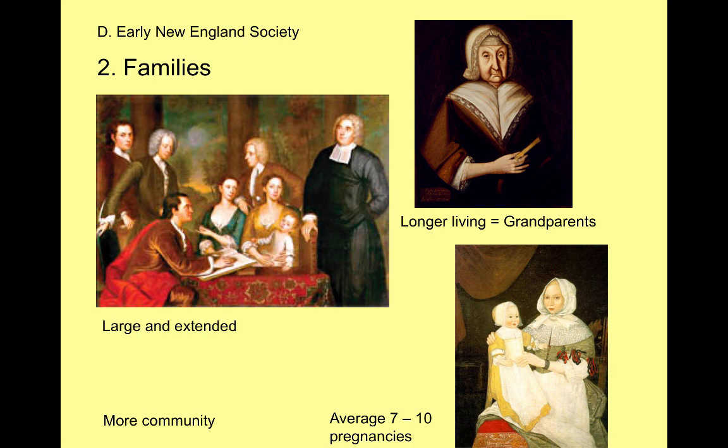And so we have something new in human history, really. We have something called the development of grandparents. In the past, people in England or in Europe didn't live long enough to really have much of an impact on the lives of their children's children, but they do here in New England. Life expectancy in New England is higher, of course, than it is in the South, but it's also higher than it is back in England, because these people have access, unlike the middle and lower class people in England, the middle and lower class people in New England have access to their own land, so there's an abundance of food, so they live longer.